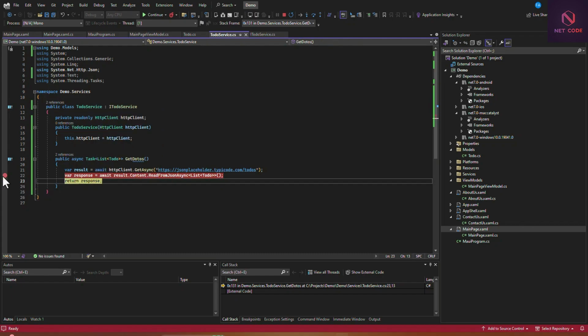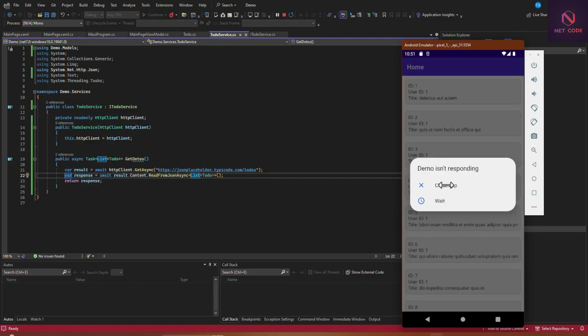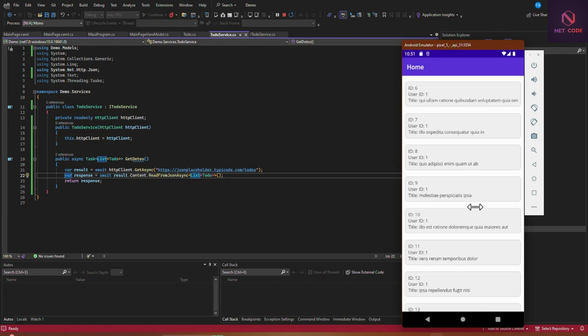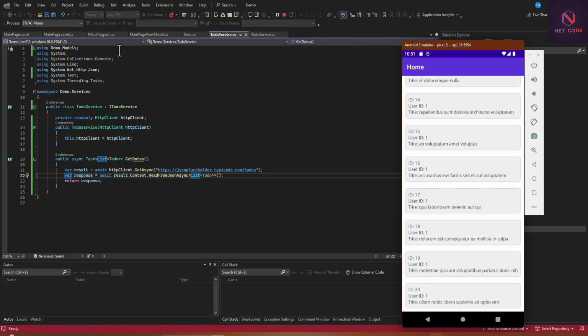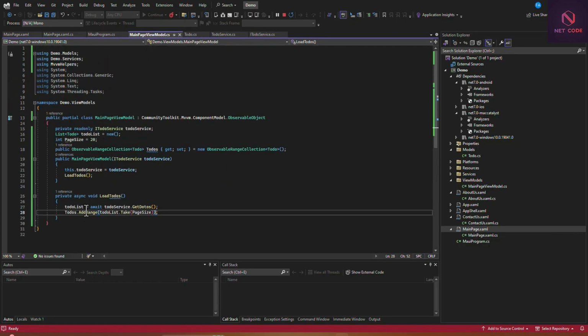As soon as you scroll up, we're going to have the rest coming in. Okay. Now let's go to our list here, and that's our service. As you can see from here, we have a view model. And now in our view model, we are getting 20 now.